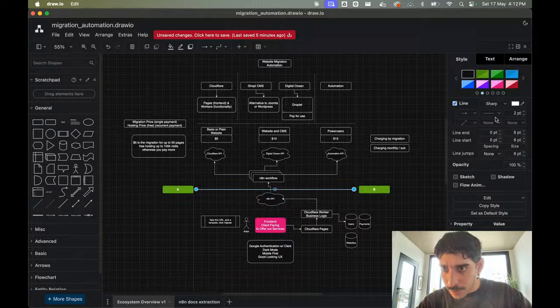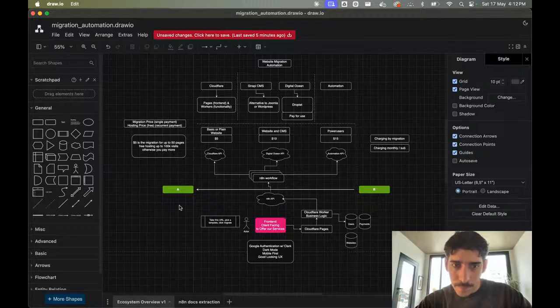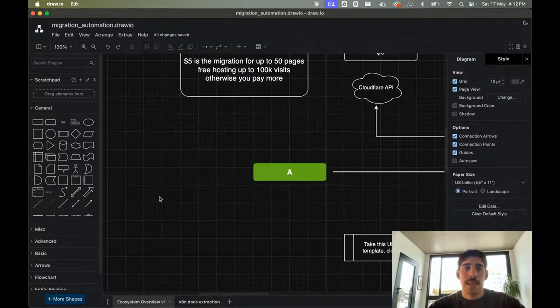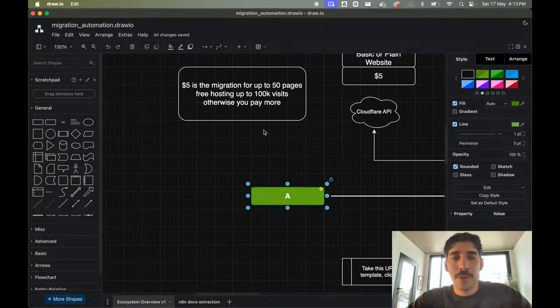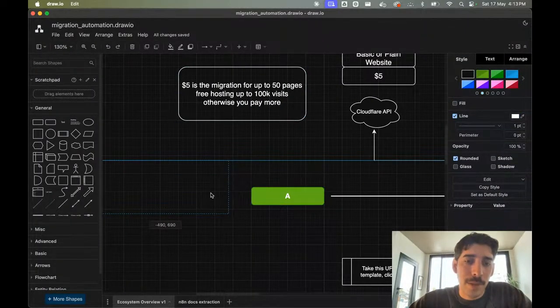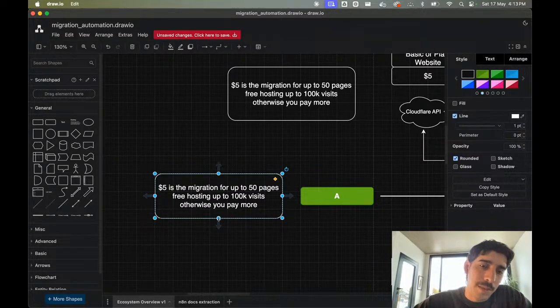How do I add an arrow? Anyway, I guess this is interesting as well. This is another decision that we will have to make about the service that we are planning to provide.